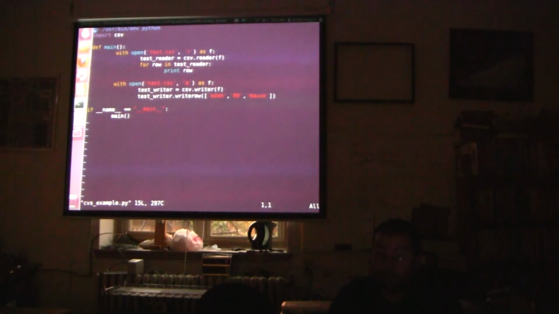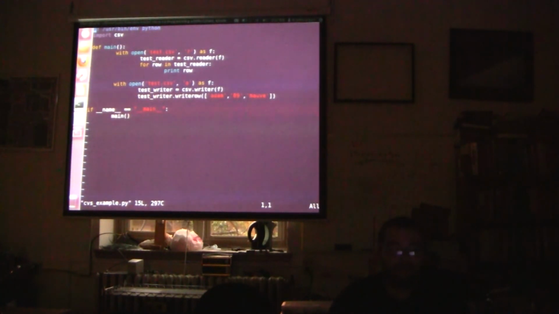In the second with statement, you can see there's an A, that's for append. The as F is how we're going to refer to that file within our Python program, right? So we're never going to do anything with test.csv ever again. We're just going to use the F in order to deal with it. That make sense? Yeah. Awesome.